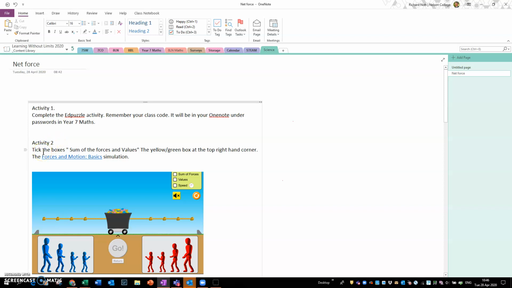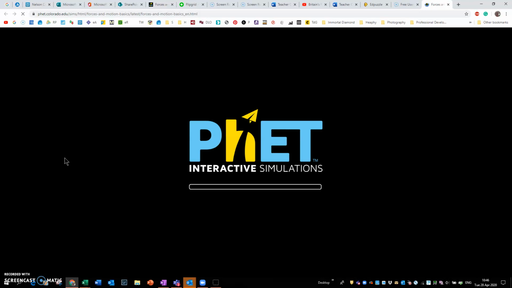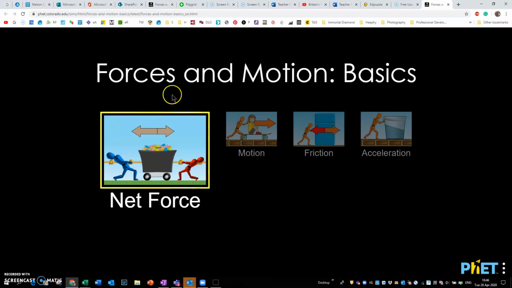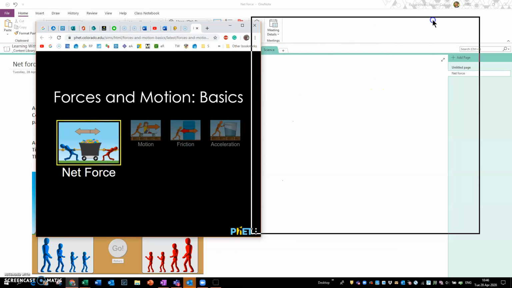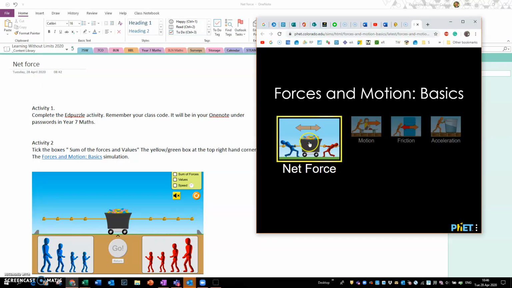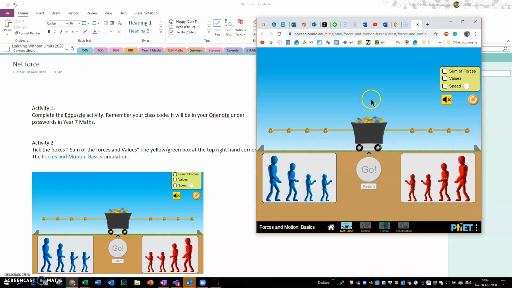What you need to do is pull up your simulation, and have that running along the side. It'll be quite a good idea just to bring it to the side of your page so that you've got something to work from. And you go to Net Forces. When you're at Net Forces, you must make sure, as it says here, the little yellow green box, tick values and sum of forces. Those are the two things you need to do. And then